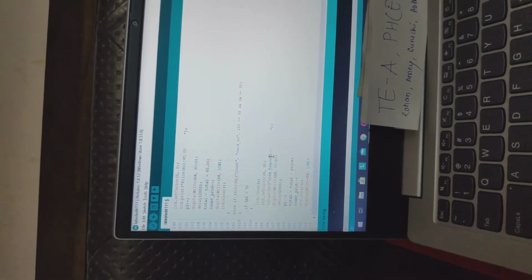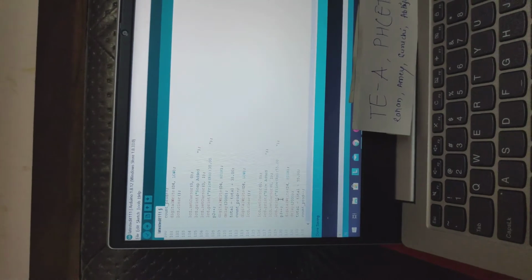If we want to remove a product from our cart, we have to swipe once again, that is swipe back. Then the product will get removed, and "item has been removed" will be displayed. And finally, these are the cost prices of our products, and this is the complete code of our project.